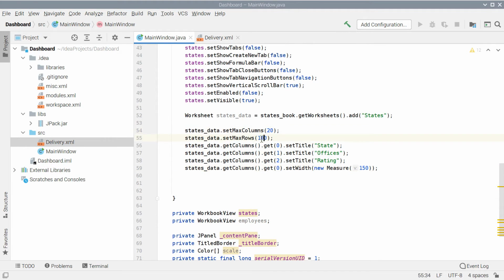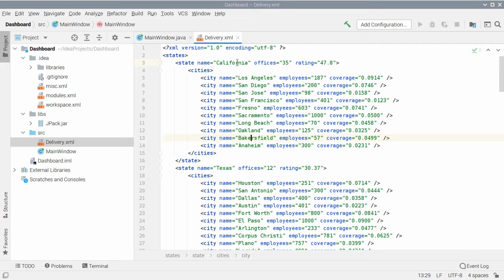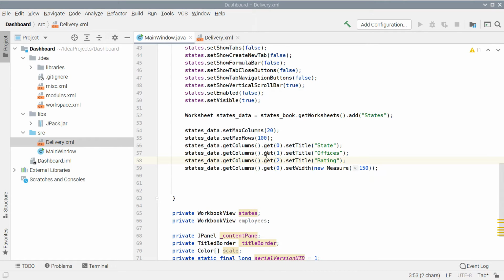We set the number of columns and rows of the worksheet, 20 and 100 respectively. We use the getColumns method to get the first 3 columns of the sheet, one by one, and assign titles to them. We need to make the first column larger. It will render the name of the state, and we must have space for the names to fit.